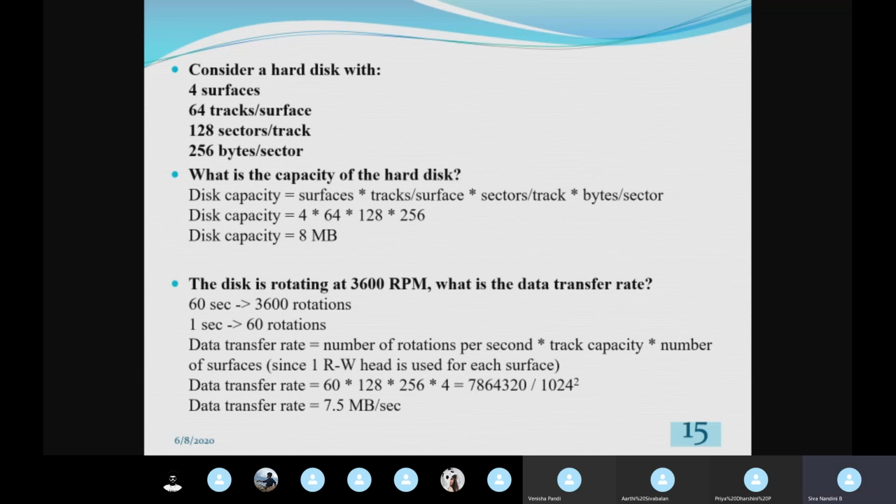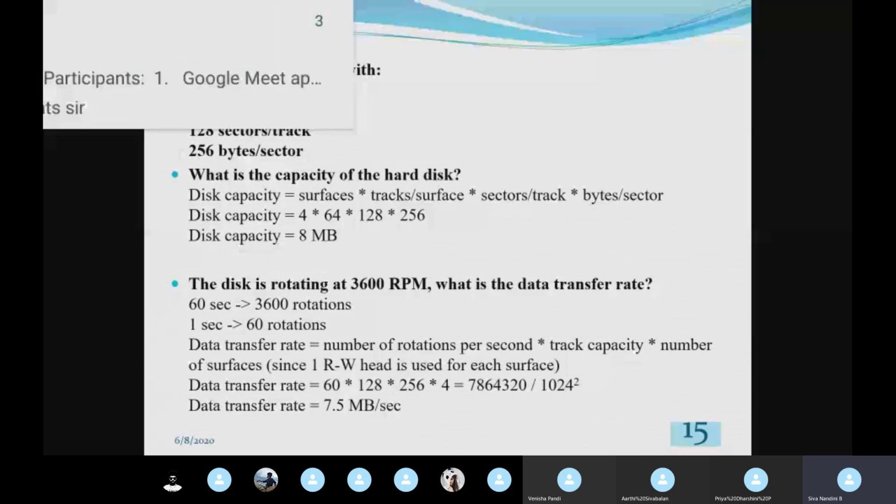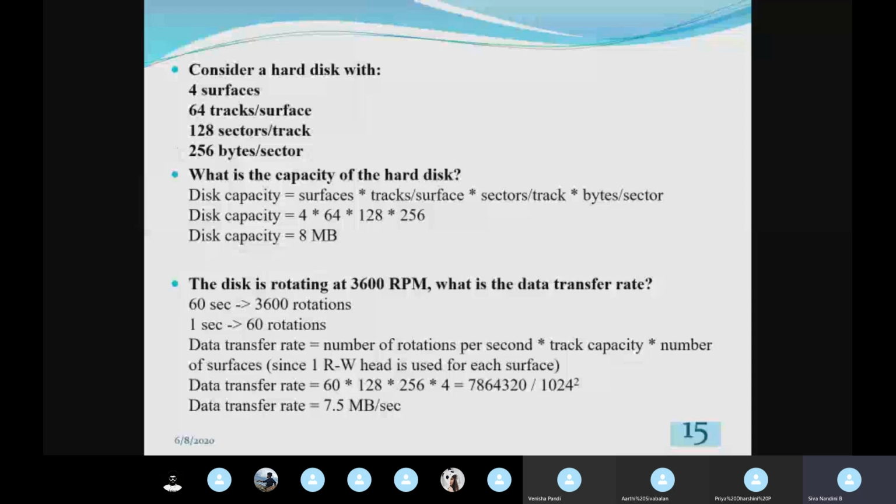The last one is into 4. So our data transfer rate: after multiplying 60, 128, 256 and 4, I will obtain 7864320. This value will be in bytes per second.